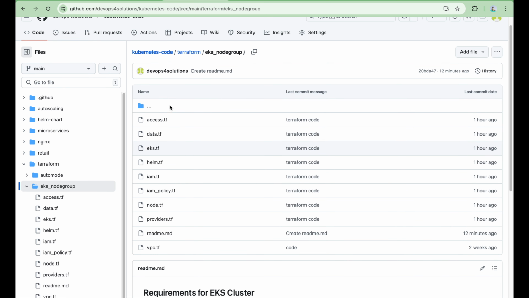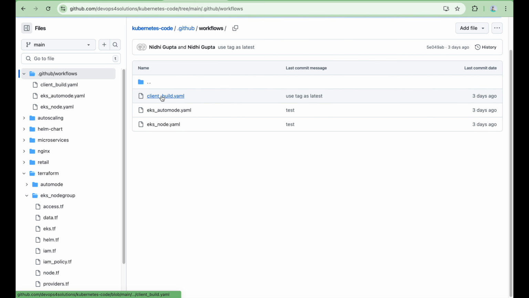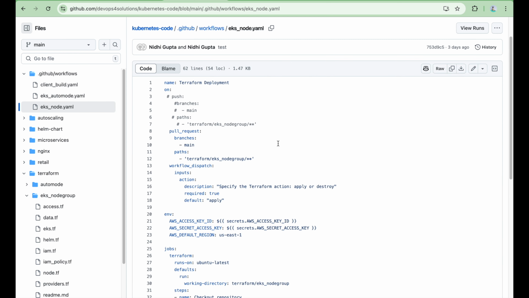Yes. So now the next part is you have to deploy it. For that, I have created the GitHub workflows. If you are new and don't know about GitHub Actions, I have a video on GitHub Actions. You can go ahead and learn it, which is super easy and convenient because everything is in just one repo. So here you can see that I have created this YAML file.